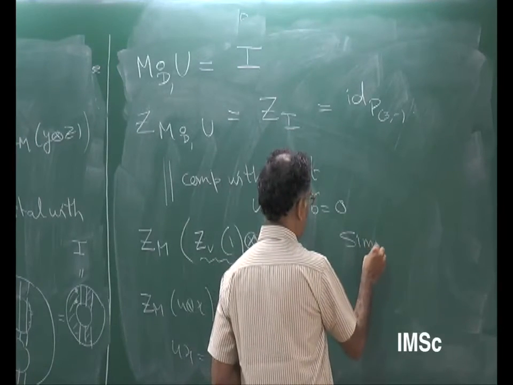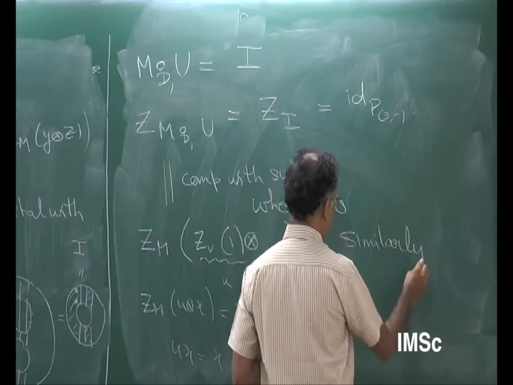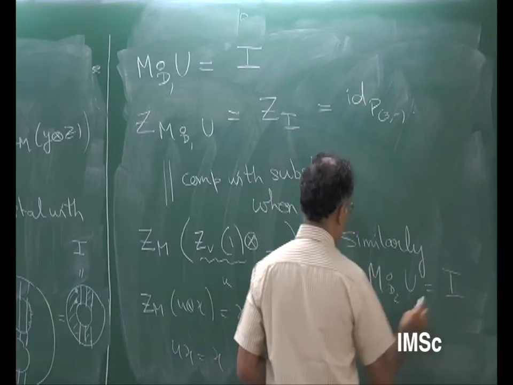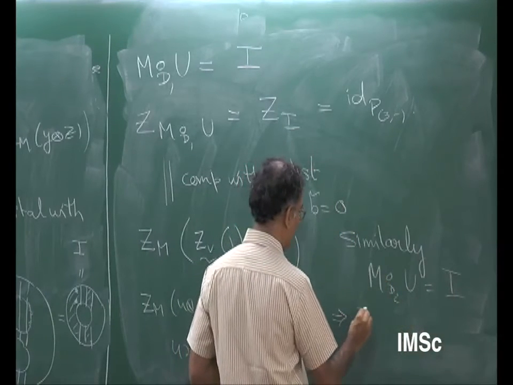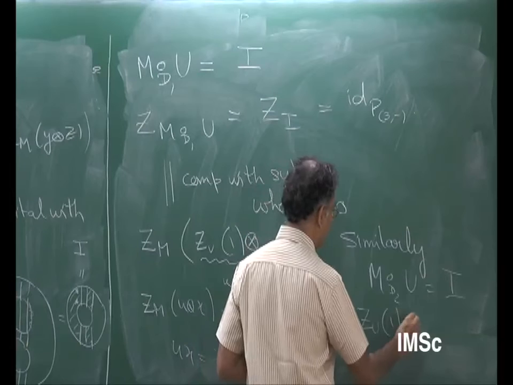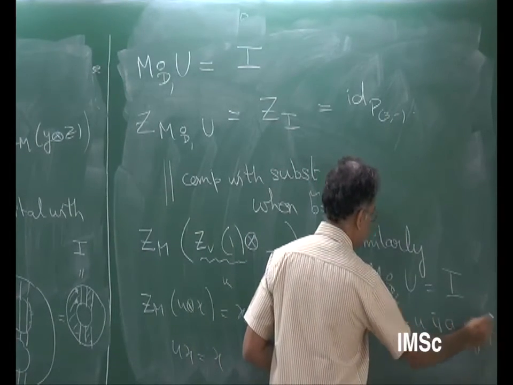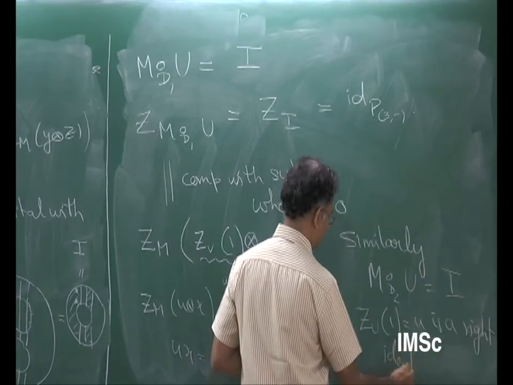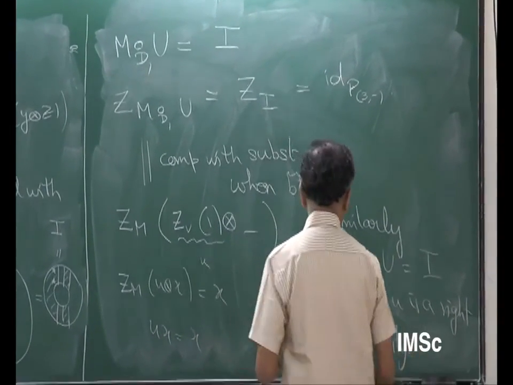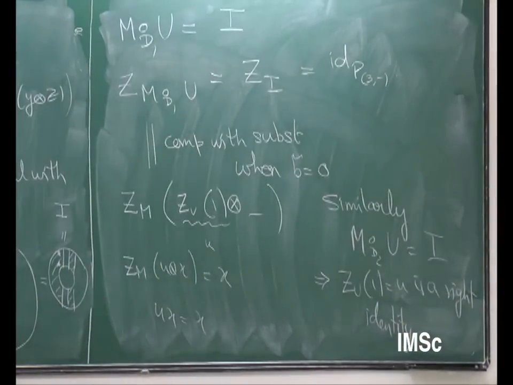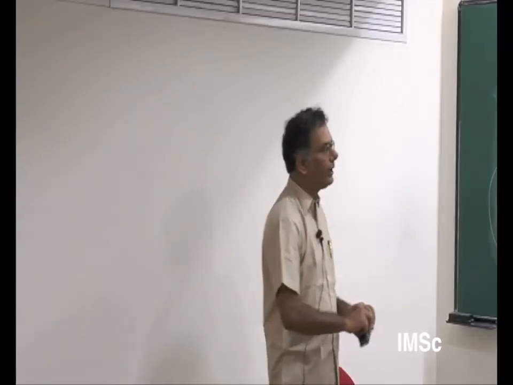Similarly, M circle D2 of u is also equal to the identity map, which implies that Zu of 1, which I call little u, is a right identity. So we have checked that u is both left and right identity. Okay. So we have verified that all the pk pluses or pk minuses, the pk epsilons, are unital associative